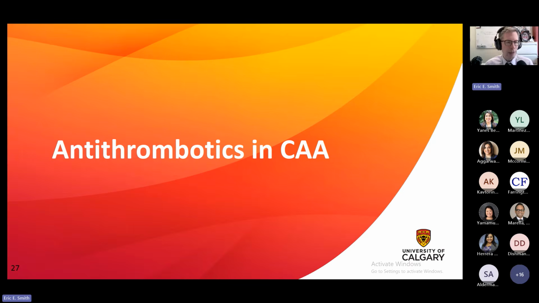And this is a dilemma because patients with CAA have a similar prevalence of ischemic stroke, cardiovascular disease, and atrial fibrillation as other elderly people, which means it's quite common. And up to 20 to 25% of patients with intracerebral hemorrhages from CAA have another indication for antithrombotics. So here the clinician faces the dilemma: do I give the antithrombotics to reduce risk of ischemic, cardiovascular, and cerebrovascular disease? Or is it too risky to do so? Am I increasing the risk of hemorrhage from